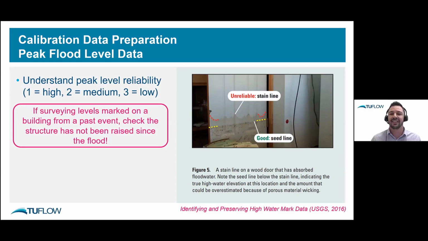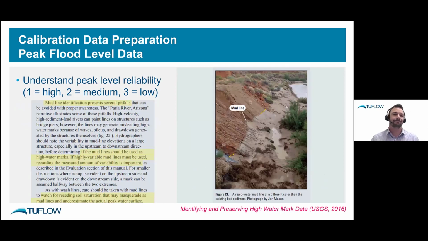It turned out that it was a high risk area, and that house had been raised about 2 meters, 2 years prior. So if you're collecting data from far in the past, look up your house raising records to just check that the level you're referring to that was marked in pen on a wall is right or not. Mudlines, they look pretty reliable.